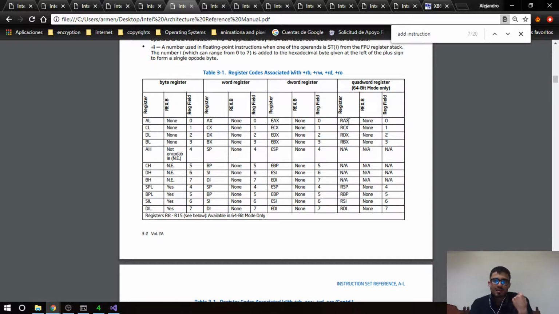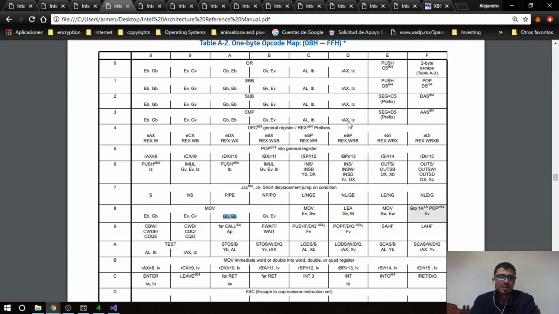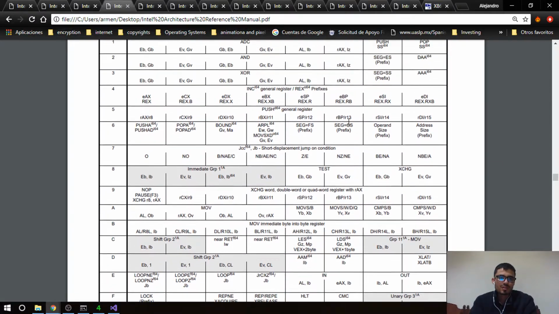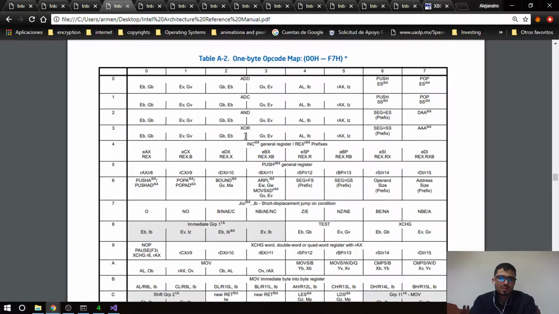So that it's 50. If we go on the 1 byte map and search for 50, we have a push, and we have REX, R8,